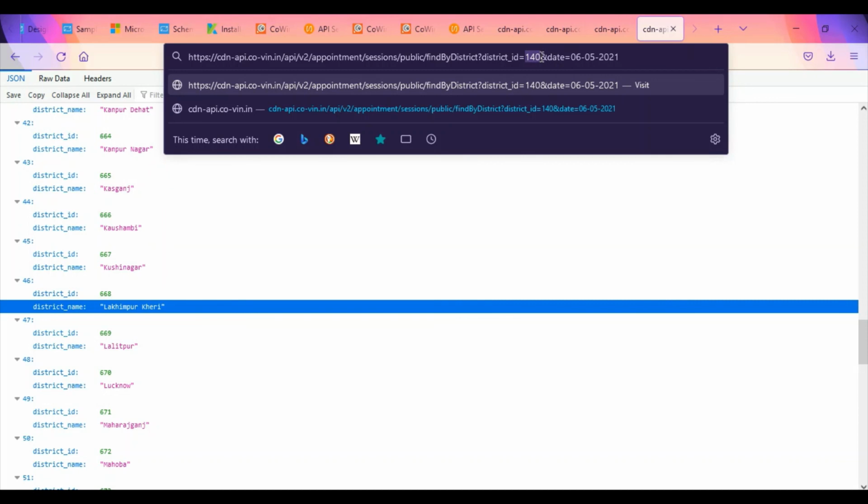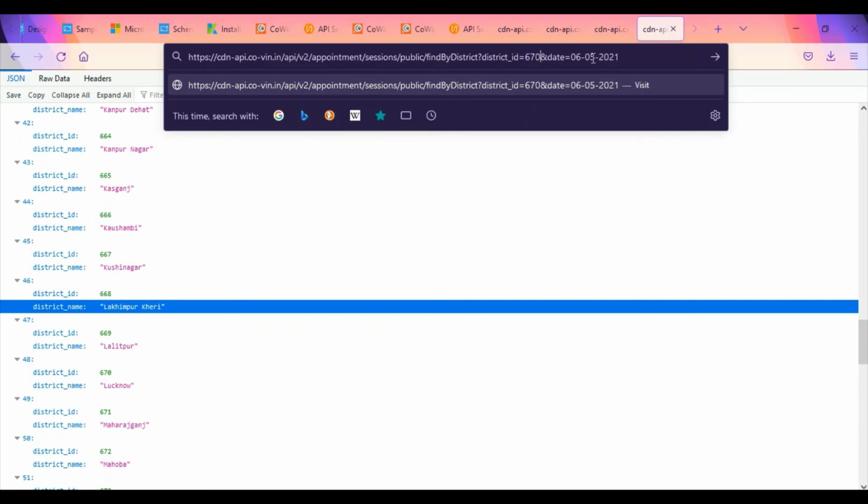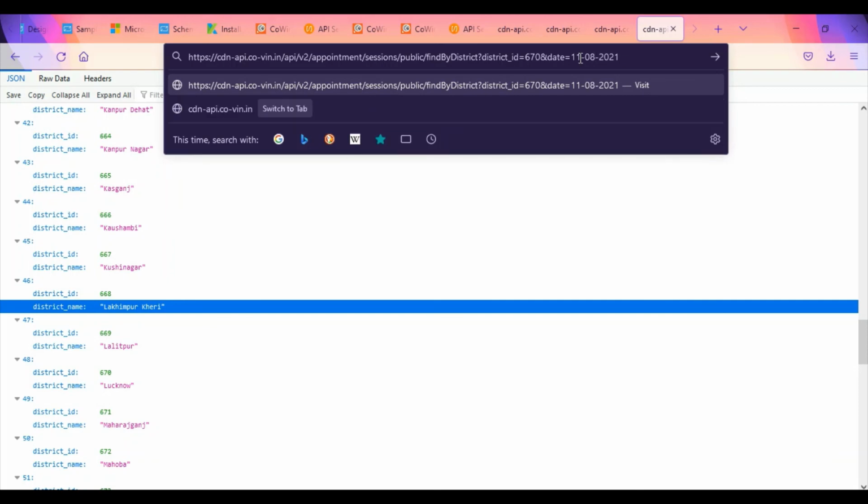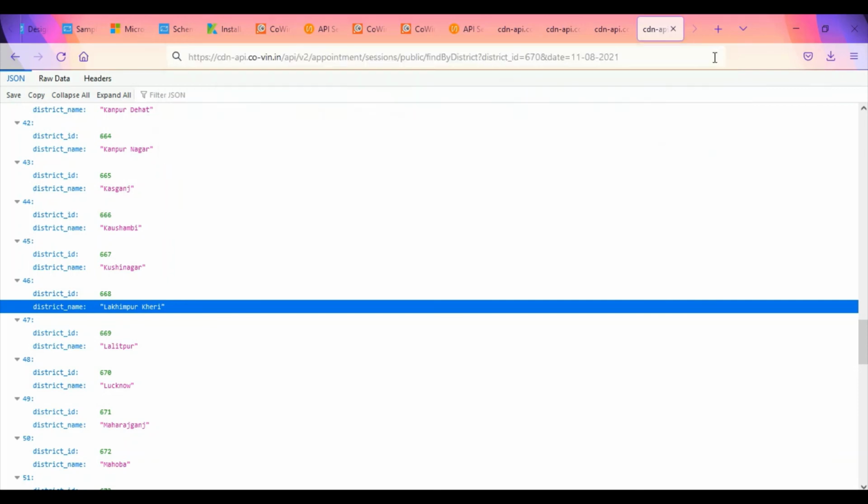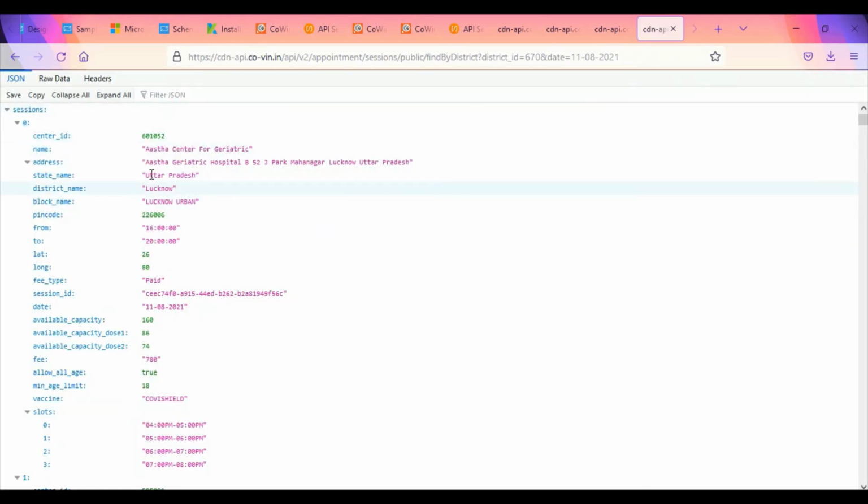Let me write 670, and here it is date. The date is in Indian format. Today is 10th of August, so let us say 11th of 08 for August. So what vaccines are available? Let me go through. You can see this is the center ID.